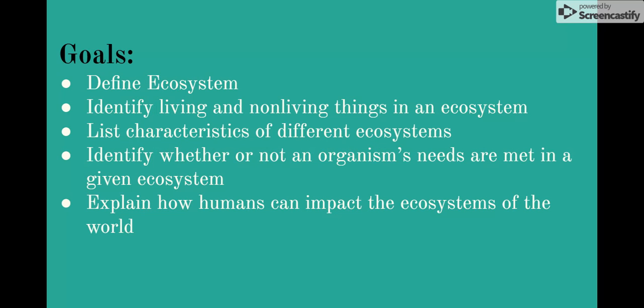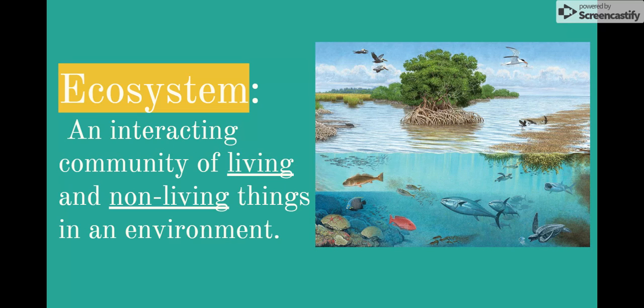By the end of the lesson today, you should be able to define ecosystem, to identify living and non-living things in an ecosystem, to list the characteristics of different ecosystems, to identify whether or not an organism's needs are met in a given ecosystem, and explain how humans can impact the ecosystems of the world. All right. First,